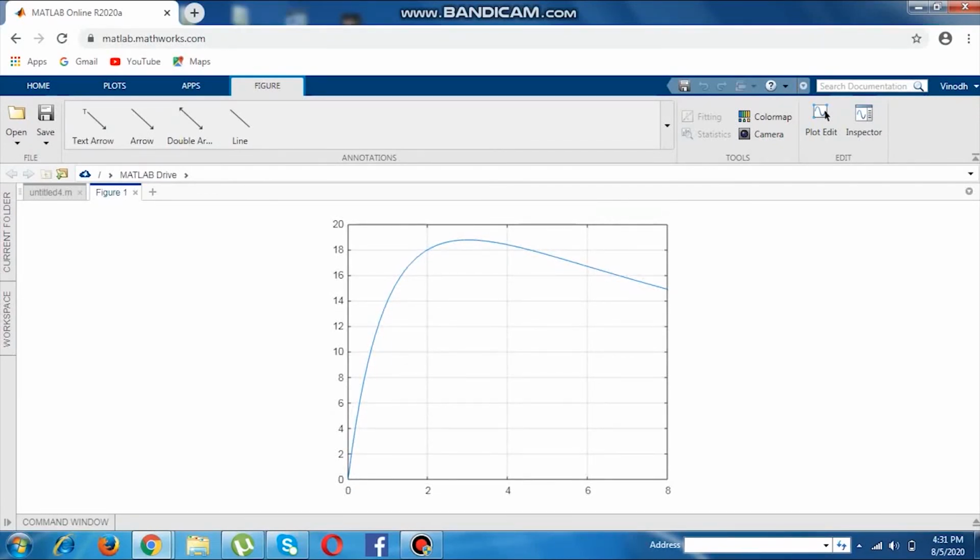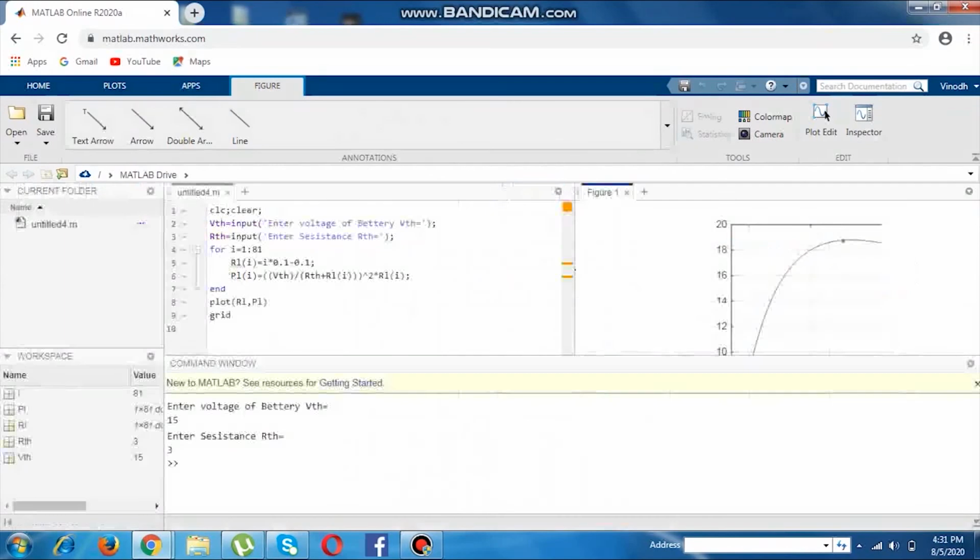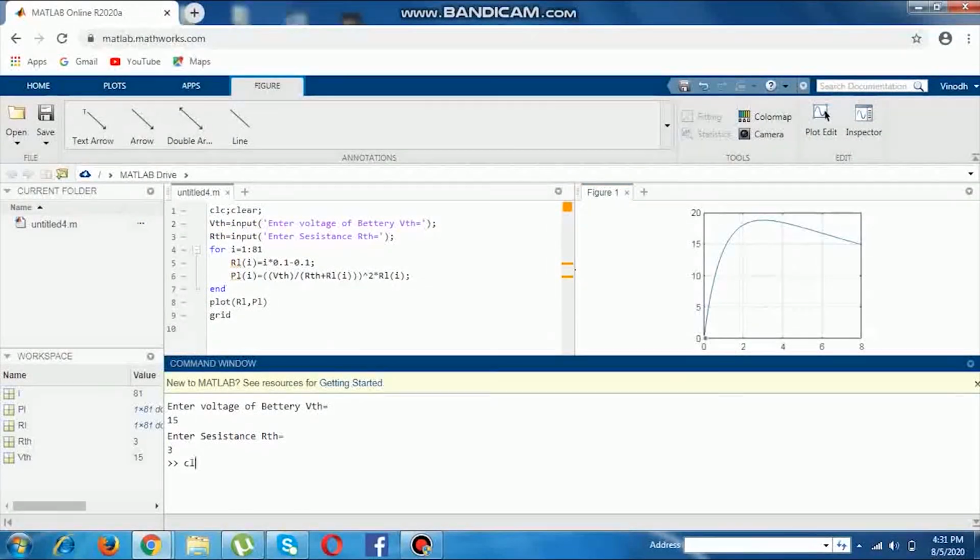The power rating is 18.75 and the resistance is maximum at 3.